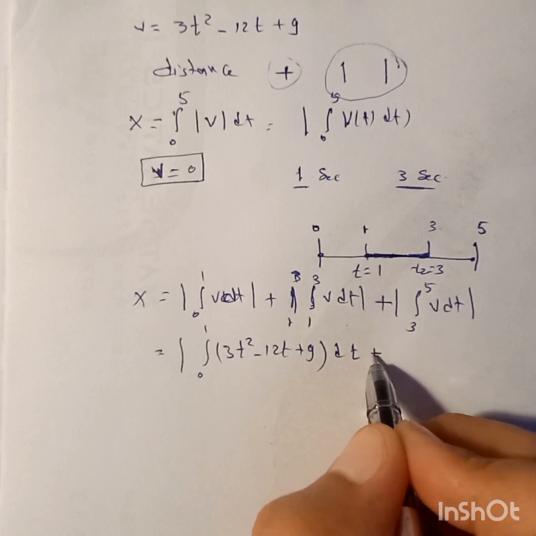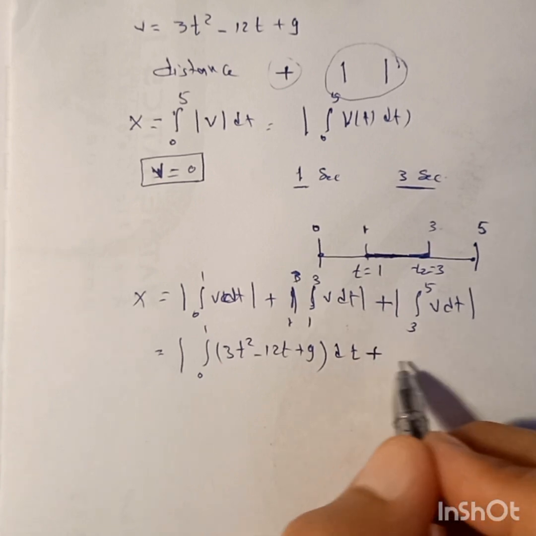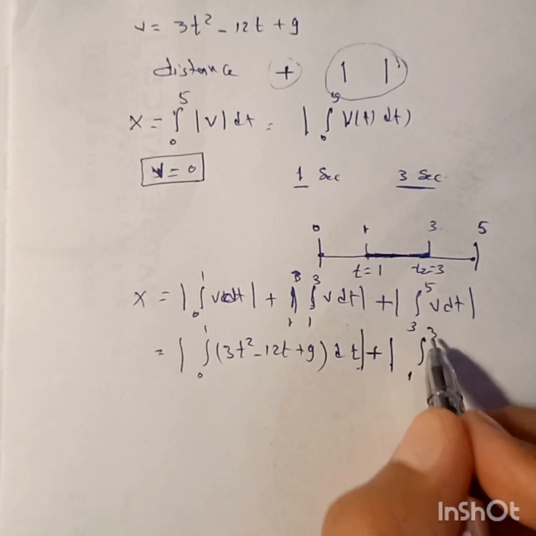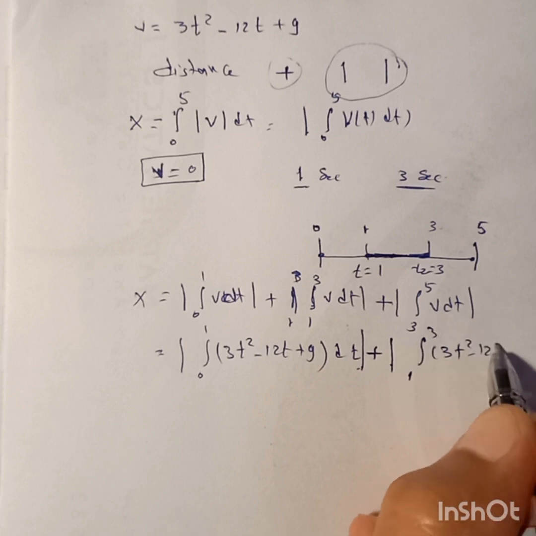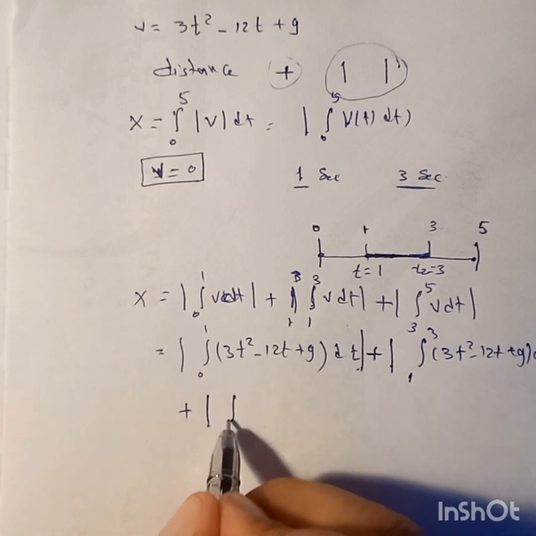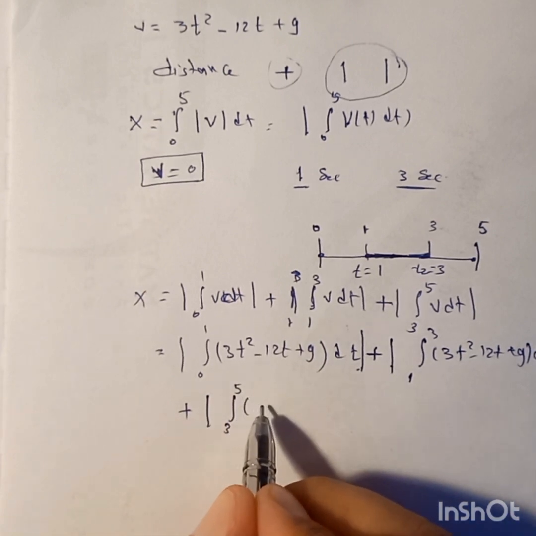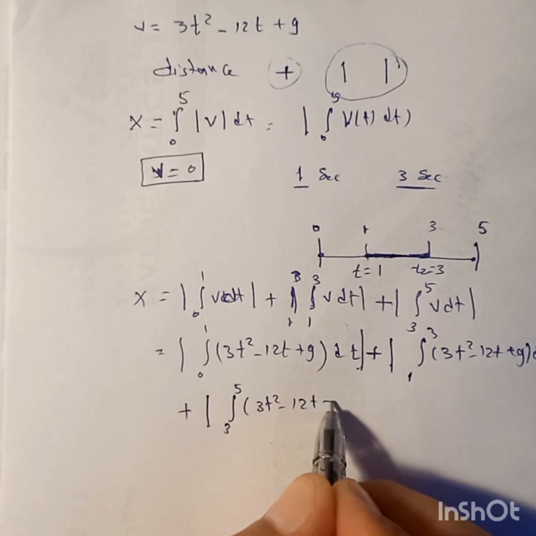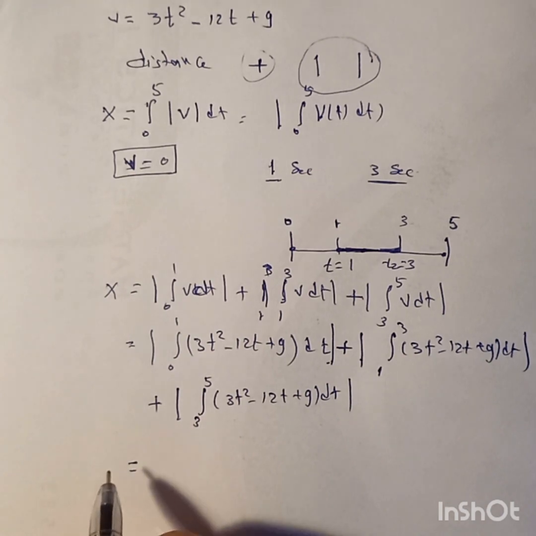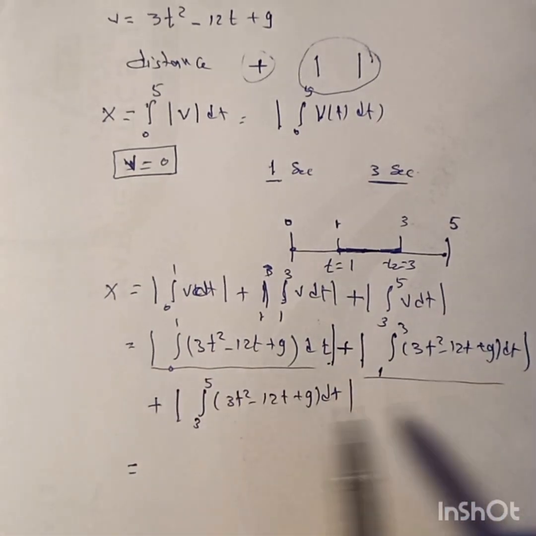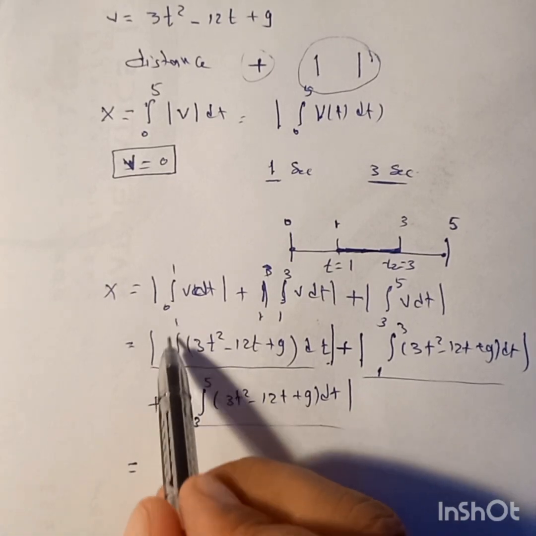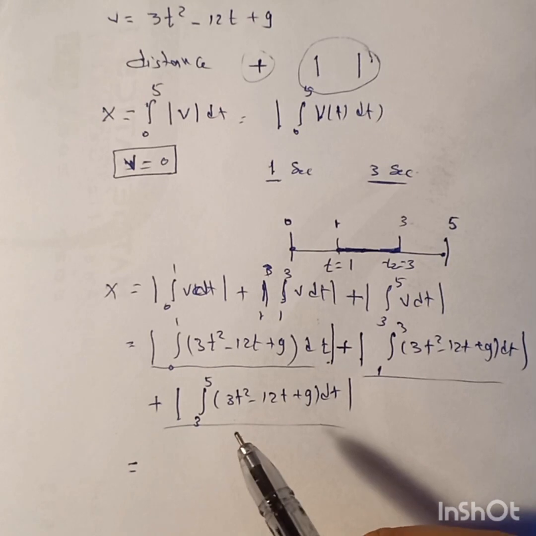This is plus, here modulus from 1 to 3 of 3t squared minus 12t plus 9 dt, plus here also from 3 to 5 of 3t squared minus 12t plus 9 dt. Now by executing all this integration and then substituting by the upper and lower limits in each definite integration,